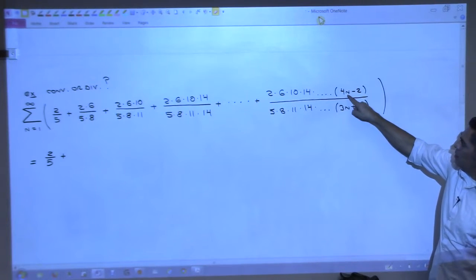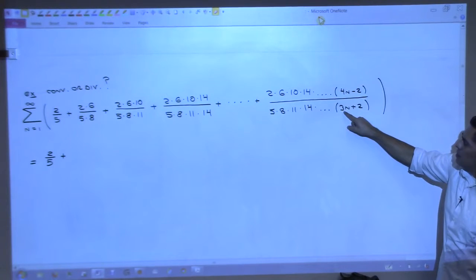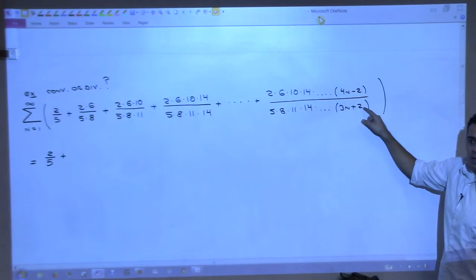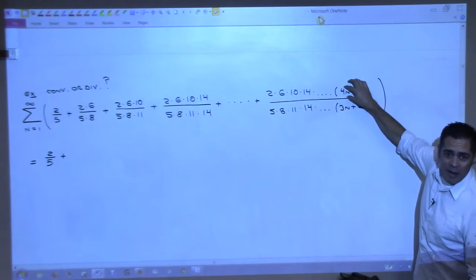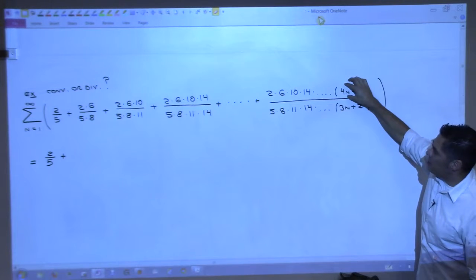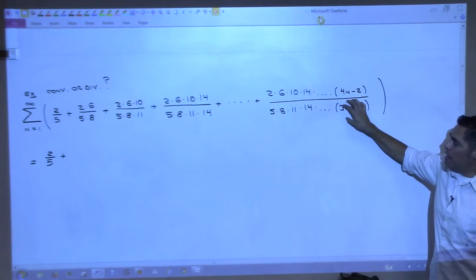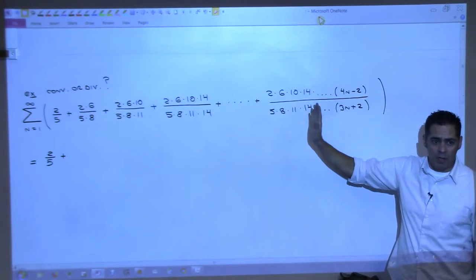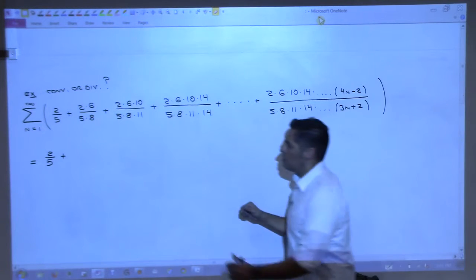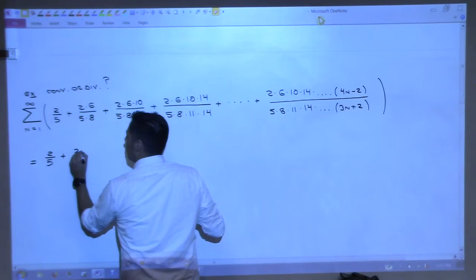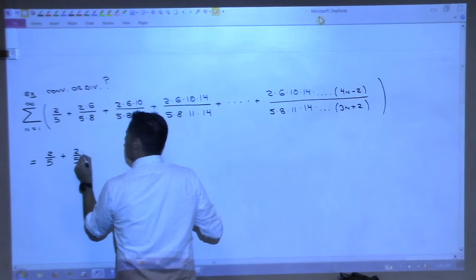What do you get? 8 minus 2, which is 6, and then 8, right? But I'm supposed to stop at 6 and then 8. But I still have the one in front of it, which was the one we calculated with n being 1, which was 2 times 5. So it'll look like this. 2 over 5 times,